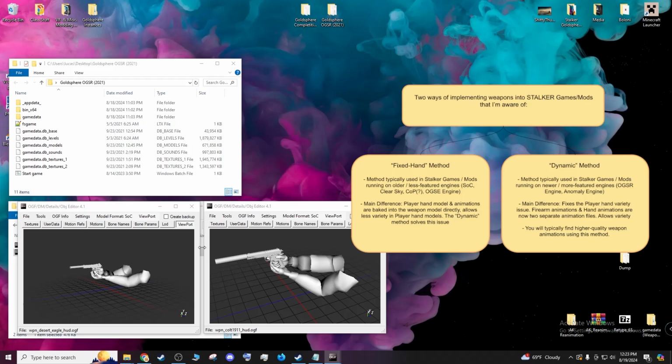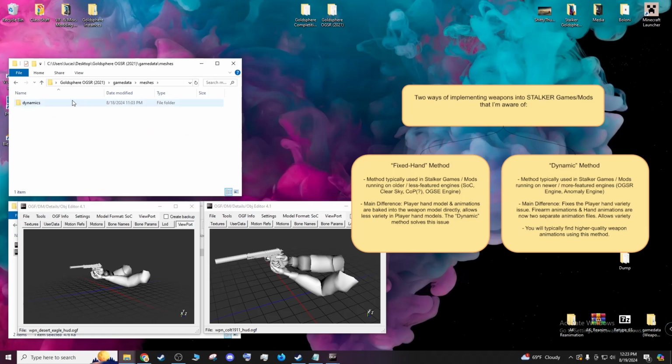So this is the fixed hand method right here. Let's show a Stalker mod that uses the dynamic method of implementing weapons. If we go to gamedata, meshes, dynamics, weapons, we can see some of them are still left in here. Let's look at weapon somapal. This is like the homemade gun. So if we open up this right here,